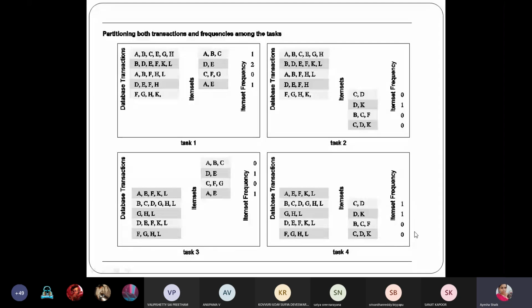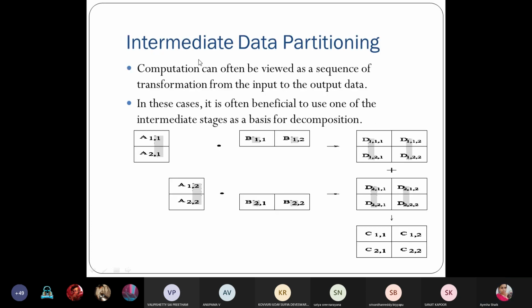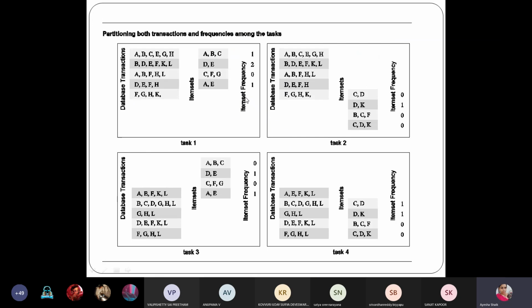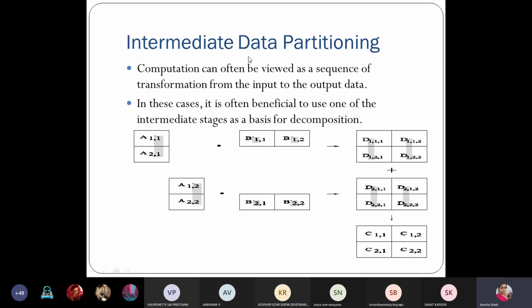If I accumulate all of these together, I get the frequency of the whole item sets. This is an example of input plus output data partitioning, because we are partitioning both input and output data.